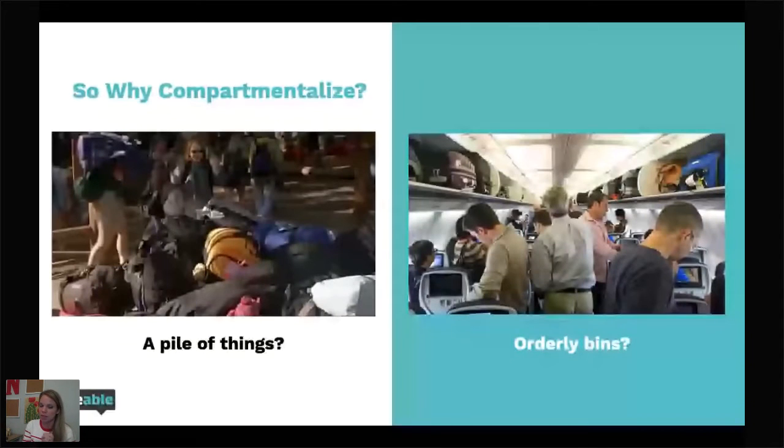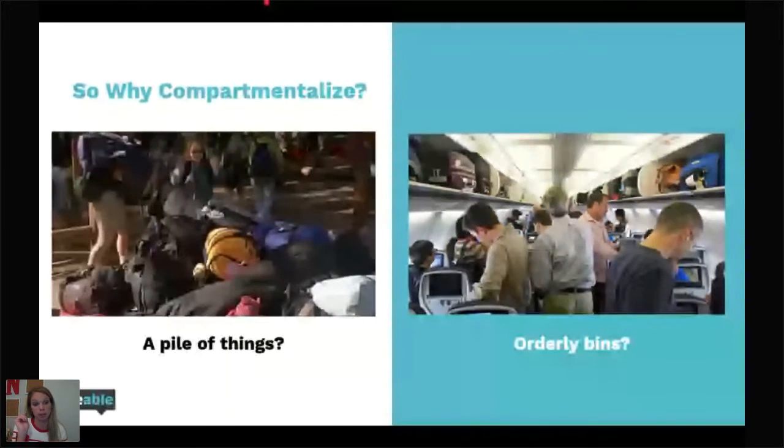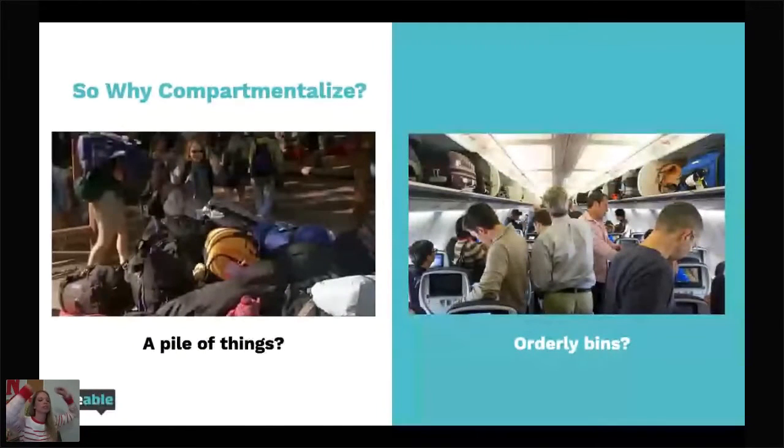But if you've ever ridden an airplane or a bus or anything like it, airplanes always have these bins overhead. The bins are where you store your luggage. It's meant to make things very, very organized. It's meant to. Sometimes you get people on airplanes who do not play the organization game, and they're not fun. But for the most part, it's pretty good. Because when you get on the airplane, everyone puts their stuff over their chair. And then when you get off the airplane, you get your stuff down and you file out orderly. And it's a very orderly process. It's not necessarily the fastest, and that's where the metaphor ends. But everything is organized. Everyone has their own little compartment for their stuff.